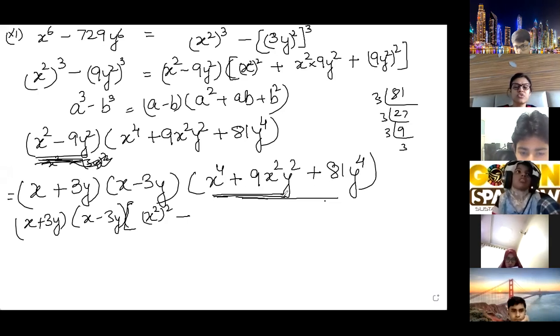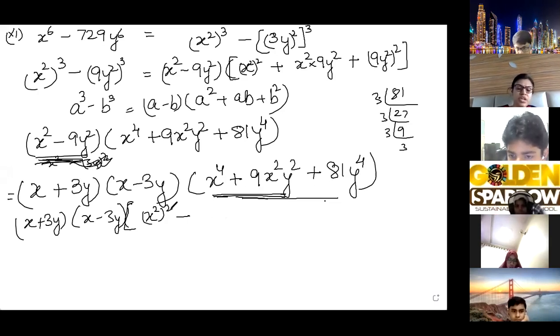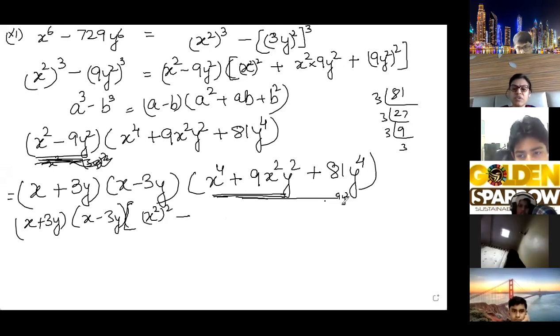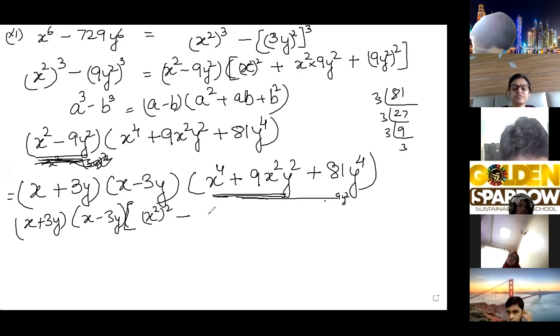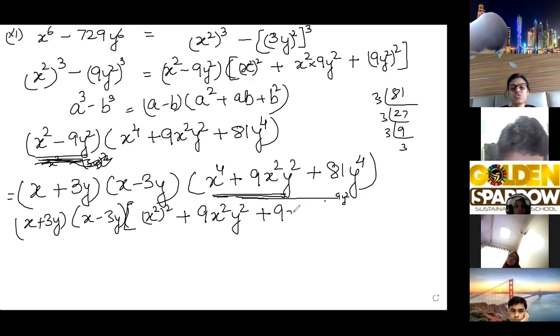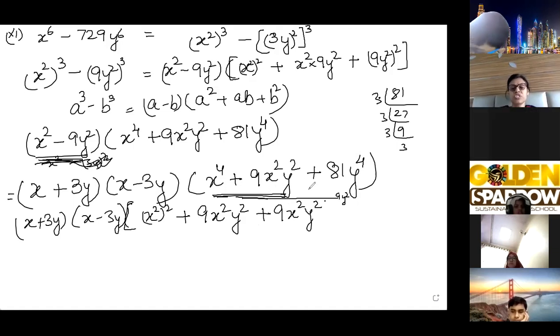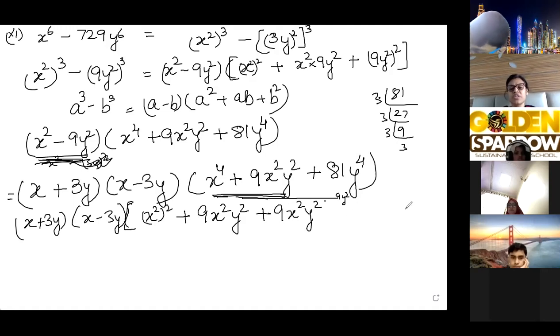See, you cannot split it. So I'm just trying to make it a whole square formula. Okay? So let us make it a whole square. If we take x square and this is 9y square, what will be the middle term? 9 2s are 18. It should be plus 18. And actually I have 9x square y square. So I'll have to make it 18. I'll add 9x square y square to make it 18, because I want the middle term for the whole square. I want 18x square y square. So I need to subtract also.